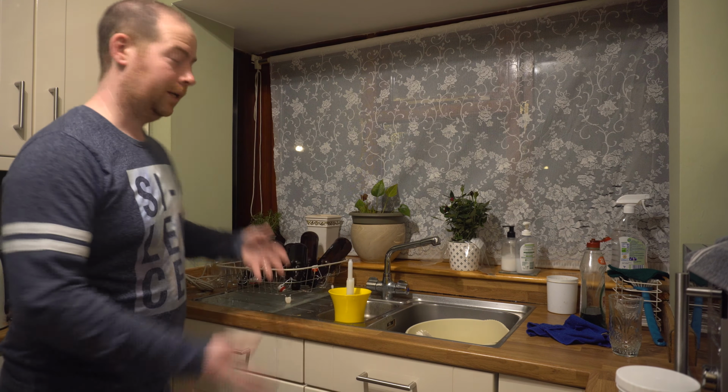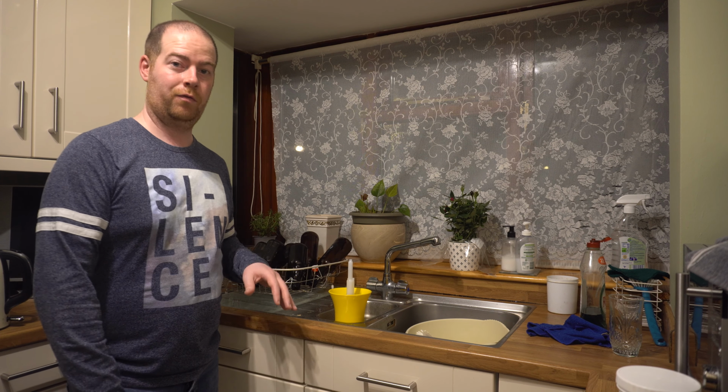I'm now going to do the rest of my bottles that I've got to get ready for bottling. I've now cleaned out the bottles that I require to work. I've worked out roughly how much. So these big ones are 500ml, these little ones are 330. So roughly I'm looking at about 2.5 litres worth of beer from the pinter that I'm going to be putting